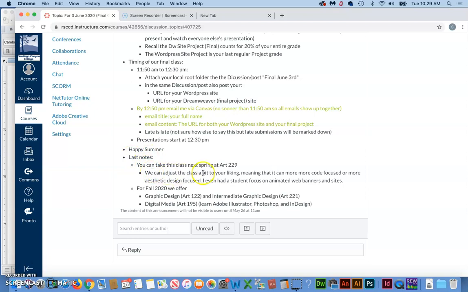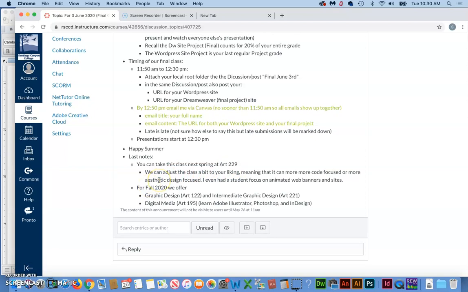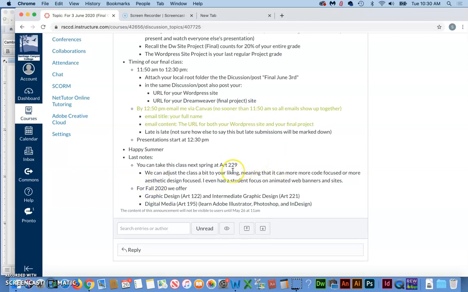And then happy summer, and then some last notes here. You can take this class again as ART129. It'll be offered the following spring, always in the spring semester, the web class. But it's a 200 level class, and I don't have it written out, step for step, project for project, like this class is. So you get to custom tailor it a bit within certain guidelines,